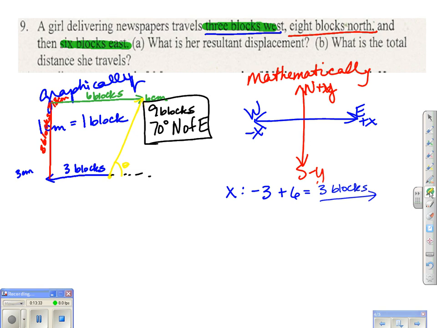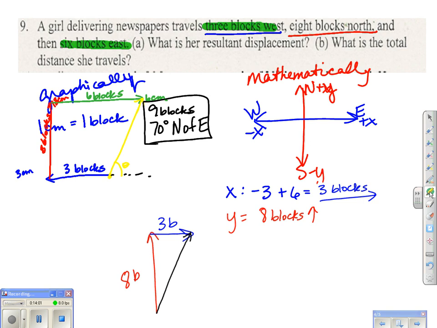Okay. Then for my y, we only went one direction. We just went 8 north. So that's 8 blocks. It's positive, so we'll go upwards. So now we're going to create another triangle where we go 8, and then we go over 3. And so we have 8 blocks and 3 blocks. And then we're going to go ahead and draw our